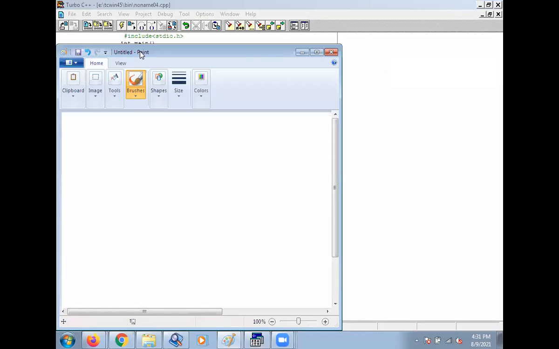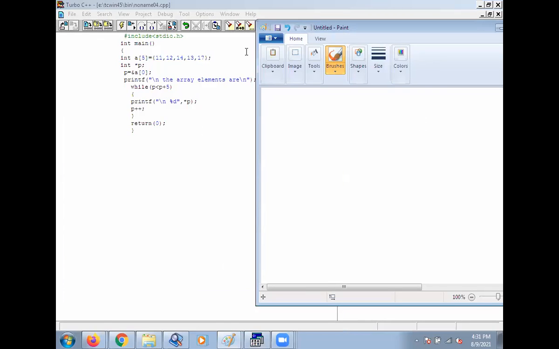See in this code, you have declared your array a of 5. Array elements are 11, 12, 14, 13, then 17.